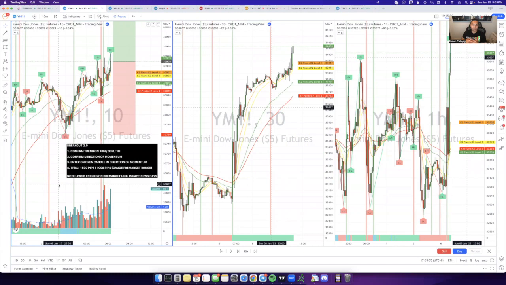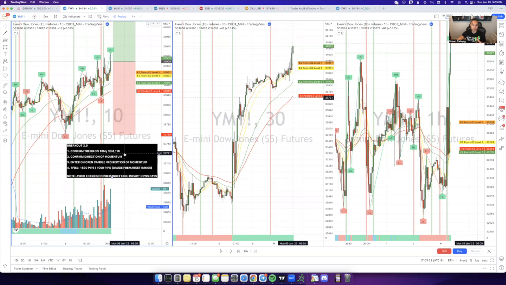Video, I'm going to be covering the Breakout 2.0 strategy. I put all the requirements right here on the left screen so that you guys can see each step. We'll go over each step one by one so that you guys understand the logic behind each trade, and it'll go from there. So looking at the first requirement, first you want to confirm the overall trend on the 10-minute,